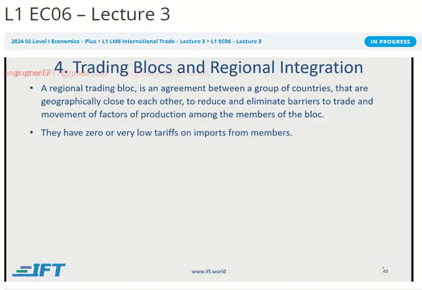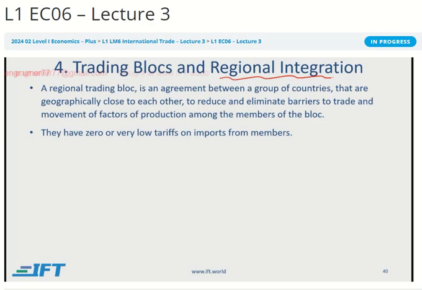So far, we have been talking about all the different restrictions on international trade that countries put in place to protect their domestic industries and to increase government revenue. Now, we're going to talk about how we do the opposite, where we encourage international trade, or at least do so at a regional level, and try to get the benefits of international trade, where you can focus on certain